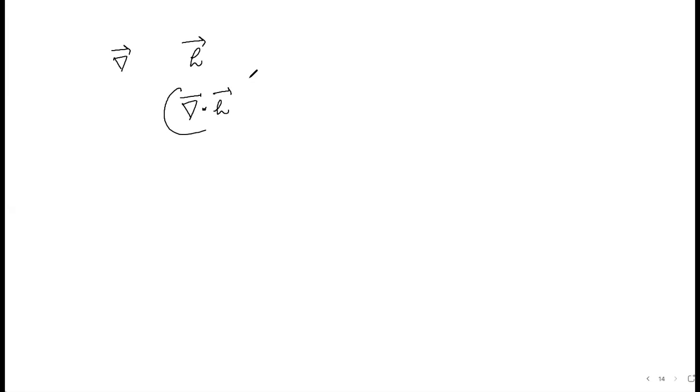For example, if you combine this as a dot product, what will this dot product exactly represent? This will be a scalar quantity. And if you operate this on something like this, what exactly will this be?